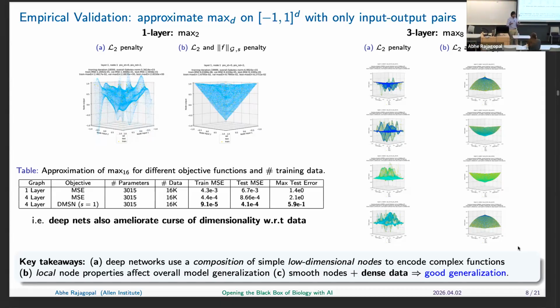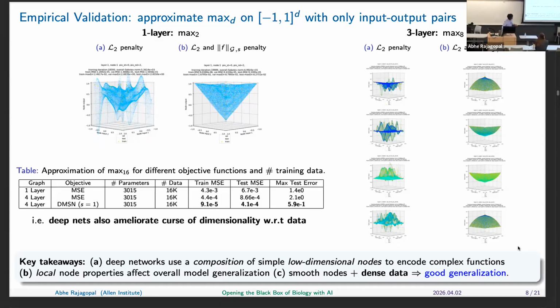And in this particular case, I know what the real function is. I know that you can represent max 4 or max 8 or max whatever using a bunch of two-dimensional maxes. And that is what this shows: I didn't actually tell it that each one should be max. I just trained it and controlled the derivative by minimizing the Sobolev norm. And what I find is that it basically learns max. It learns a network of these max 2s.